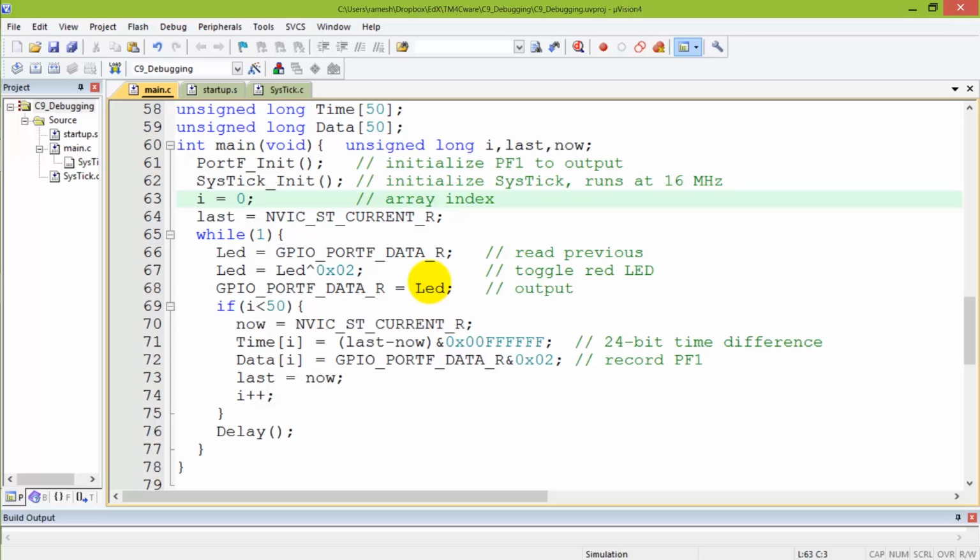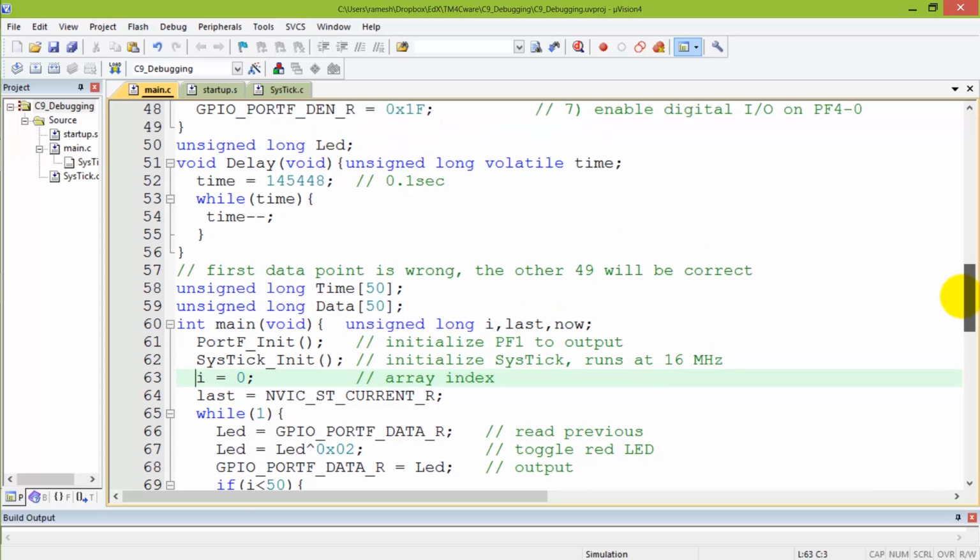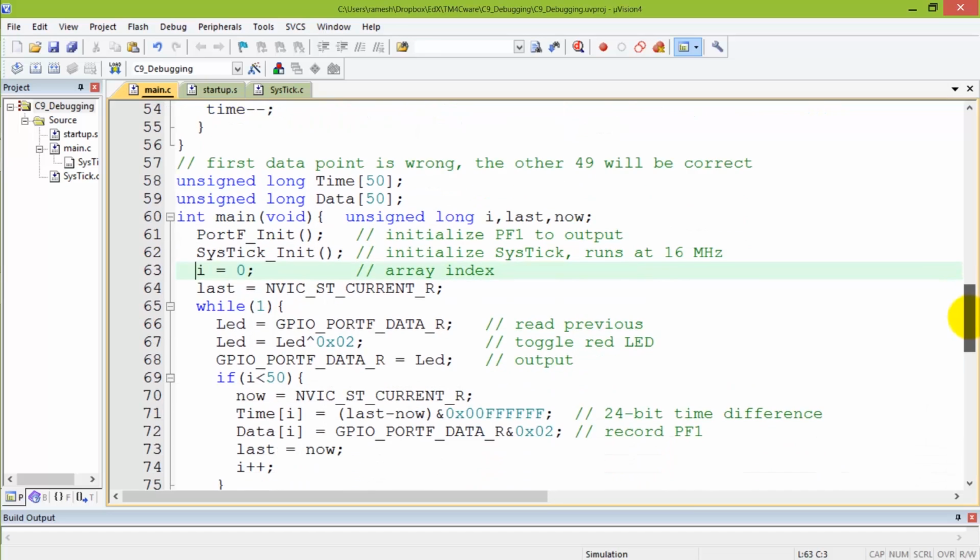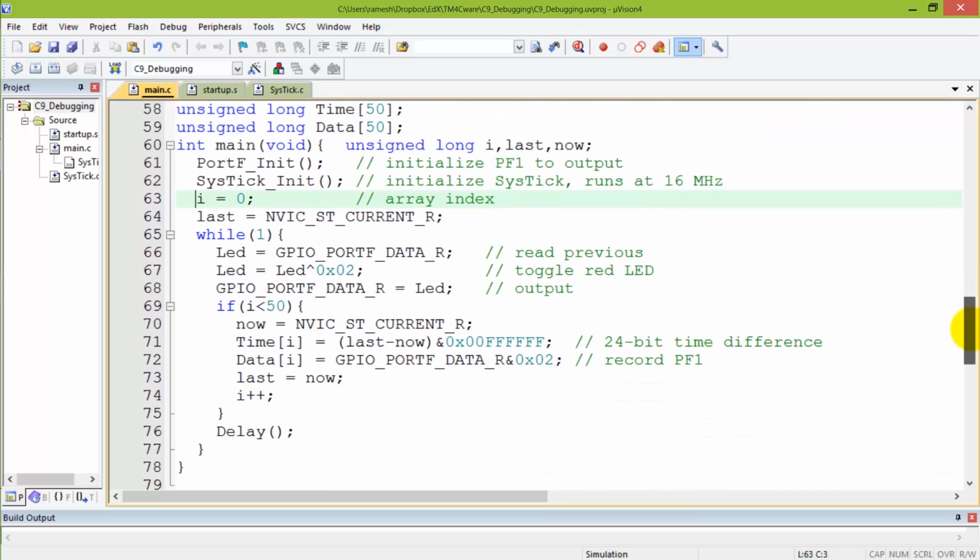So we'll switch to our lab C9, module C9, which will have the code that we saw from module C2, which is the delay routine and the main. So I'm adding a few lines to the main that involve the instrumentation. So first, let's identify the code that hasn't been changed. So this is the code that is still the same,